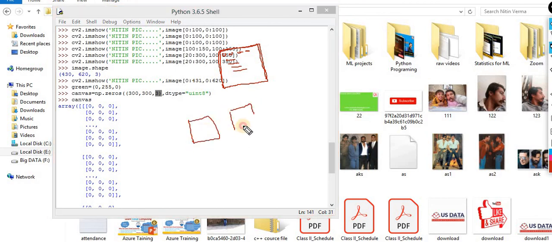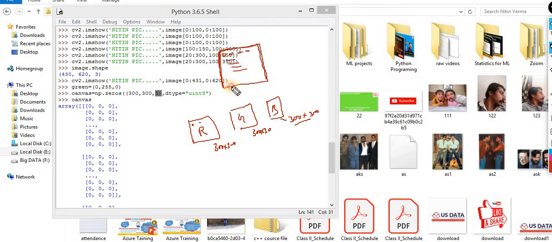Just imagine it, for R I assign 300 rows, 300 columns. For G again 300 rows, 300 columns. Again for blue 300 rows, 300 columns. So every value is filled with 0. There is no value. I think now the picture is clear.